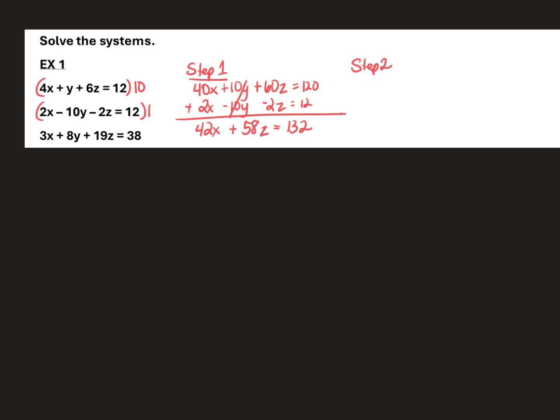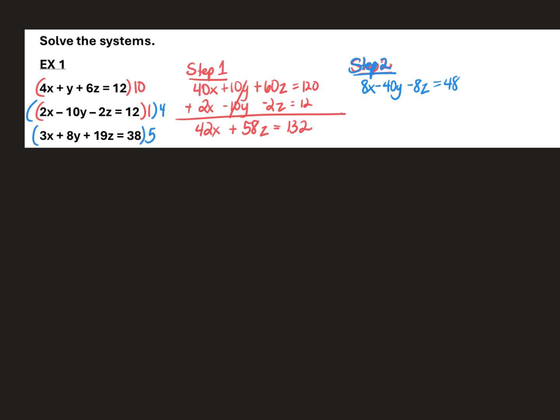Step 2. I must eliminate the same variable, so I have to eliminate y. To eliminate y, I'm going to look at the coefficients, negative 10, positive 8. I'm going to think about the least common multiple of those two, and I do believe that would be 40. So I'm going to multiply the top equation by 4 and the bottom equation by 5. I'm going to go ahead and write step 2 in blue, so you can see that's what the result of the blue multiplying. So I'll have 8x minus 40y minus 8z